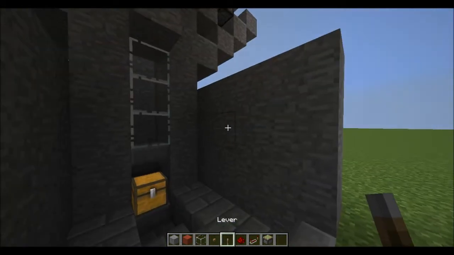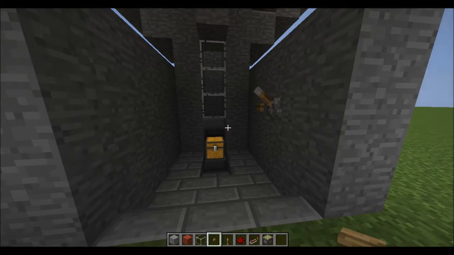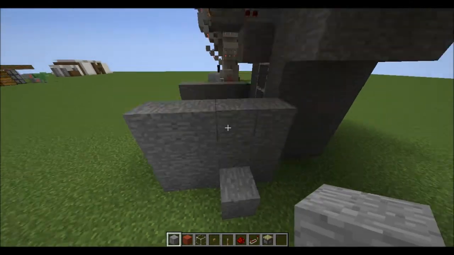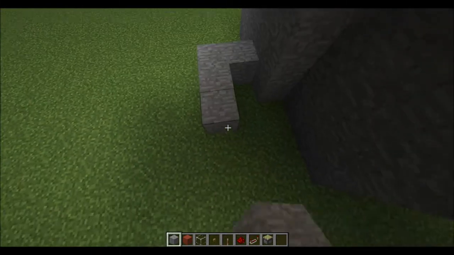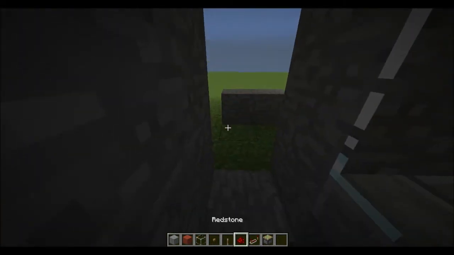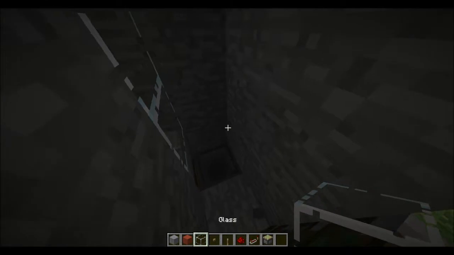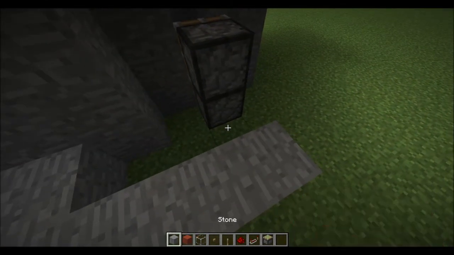going to want to place your lever right here, your button right here, and you're going to want to place, going off of the button, I believe the button should be right here, just make sure. You're going to want to place going across like this, and then break these 2 blocks right there, and also this one actually, and you're going to want to place pistons going inside like this, and then I'm just going to break out like that, and place the block back there, and then you should just go like this and